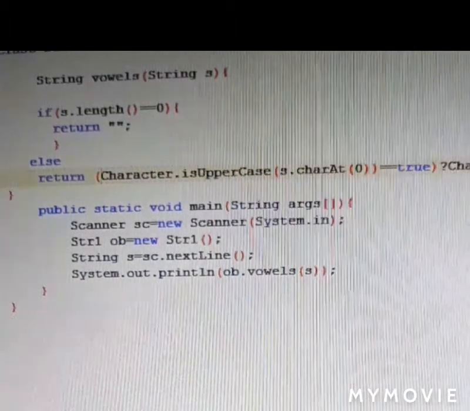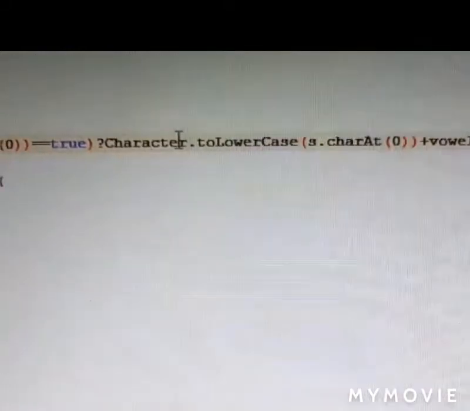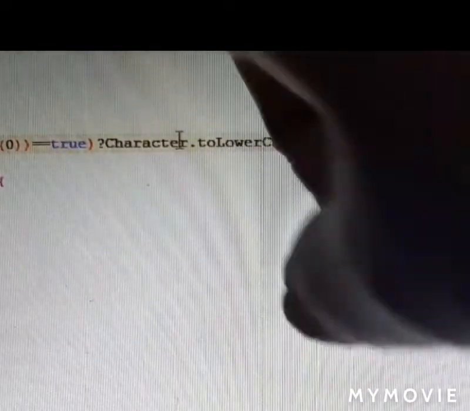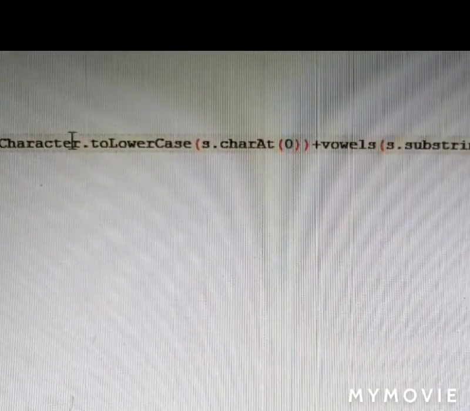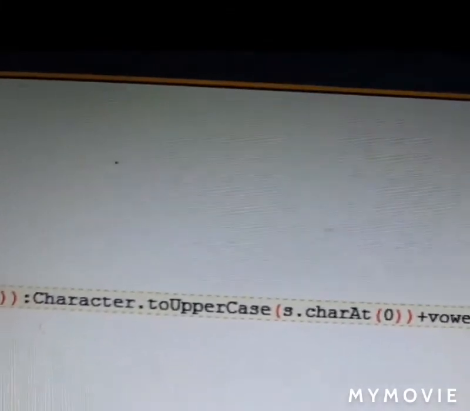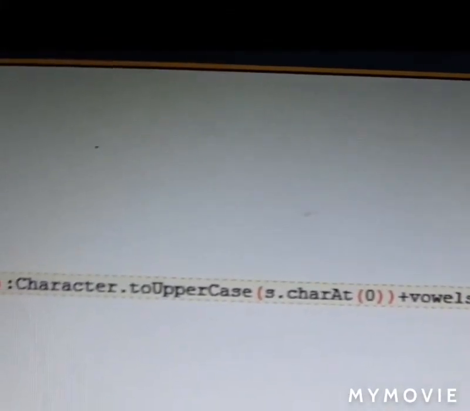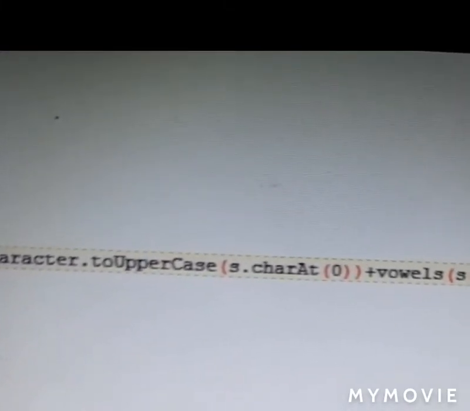Then after the question mark we are going to convert it with Character dot toLowerCase, plus we are going to call the function again and send s dot substring 1. Otherwise, in the else case, we are going to convert that character to uppercase, plus we are going to call the function with s dot substring 1.